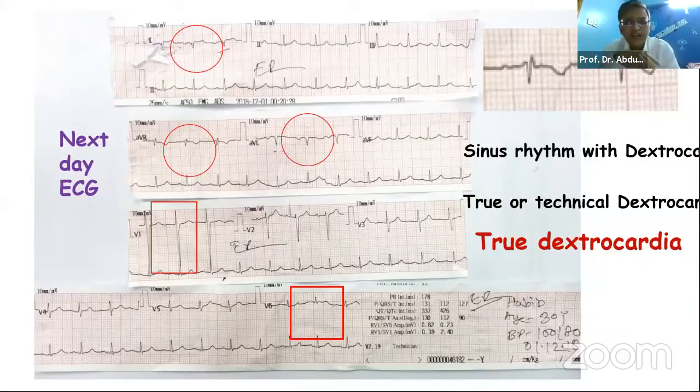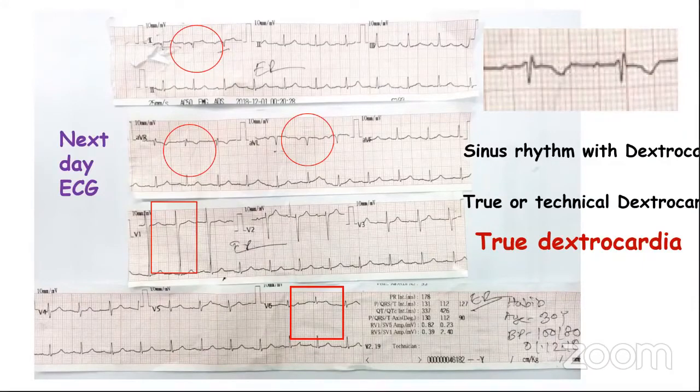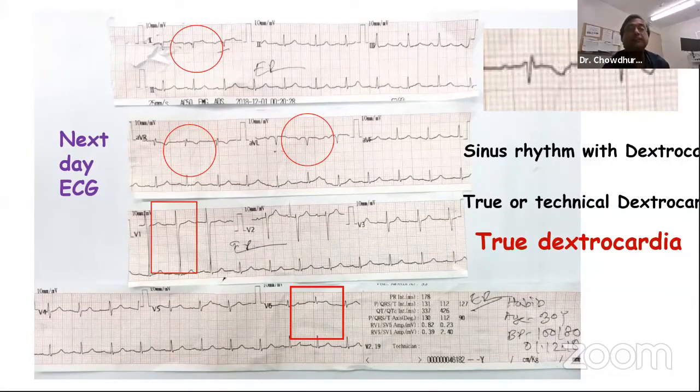This patient is only 30 years old. To me, it looks like dextrocardia because of the transition: look at the voltage that changes from V1 to V4 onward. So that raises the question, and then you look at lead 1, so it goes in favor. Definitely it is not limb lead transposition. So I would be very interested to know where the apex of the patient is.